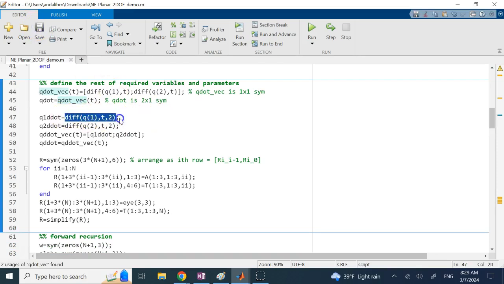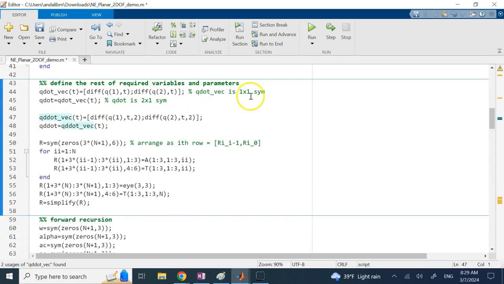Similarly, the second derivatives for Q1 and Q2, which we call Q1 double dot, correct? And Q2 double dot, we can assign them as the two elements or entries of vector Q dot. And then what? Since this guy is a 1-by-1 sym, I'm going to assign it to the new variable Q double dot, which is now a 2-by-1 sym. Okay, then